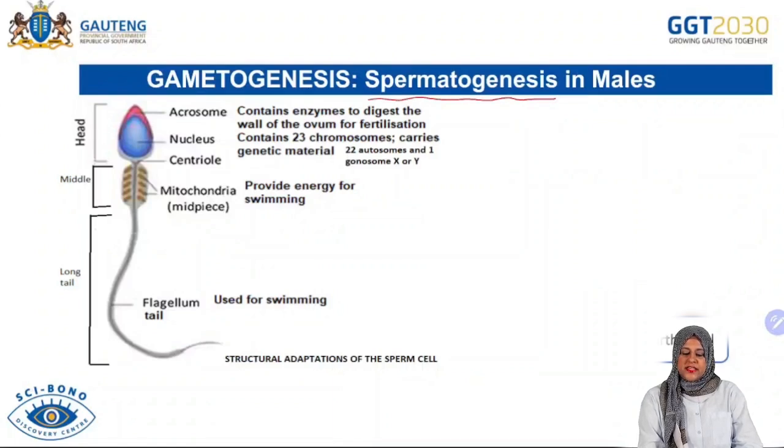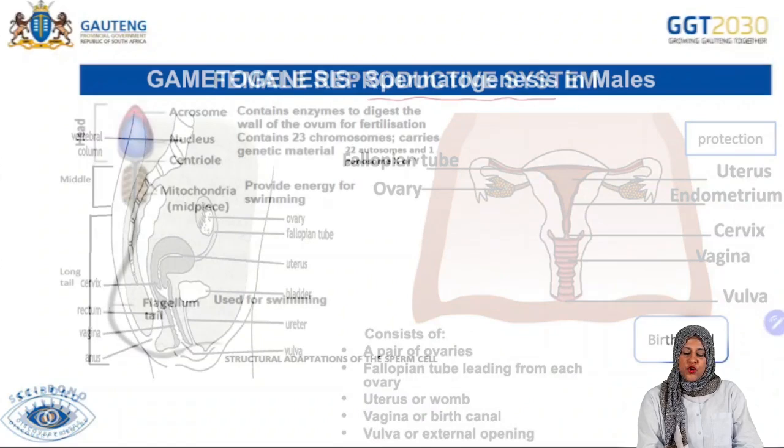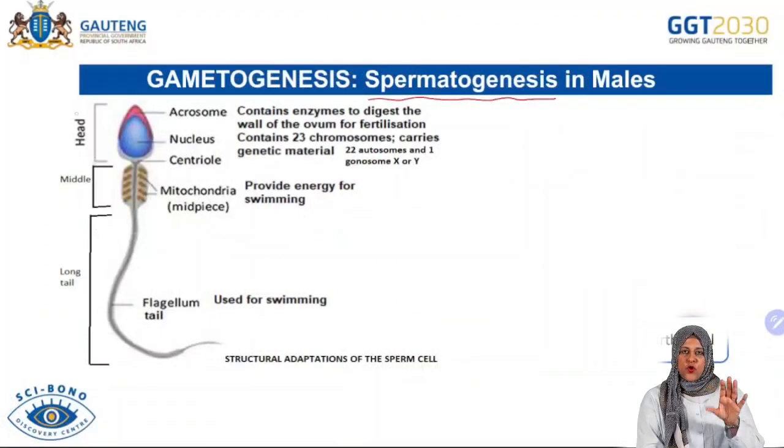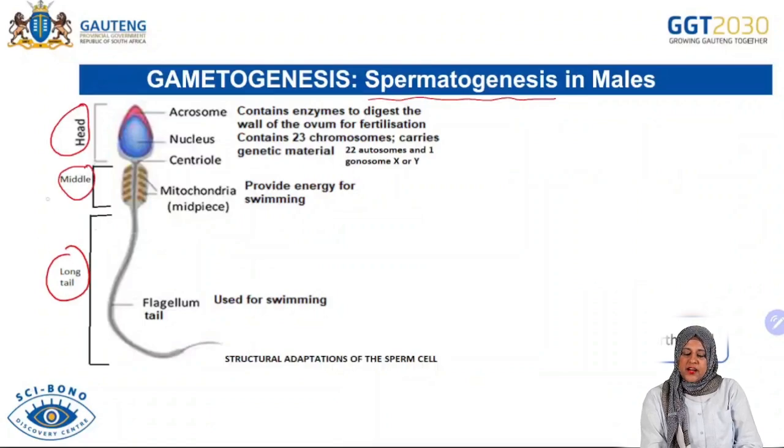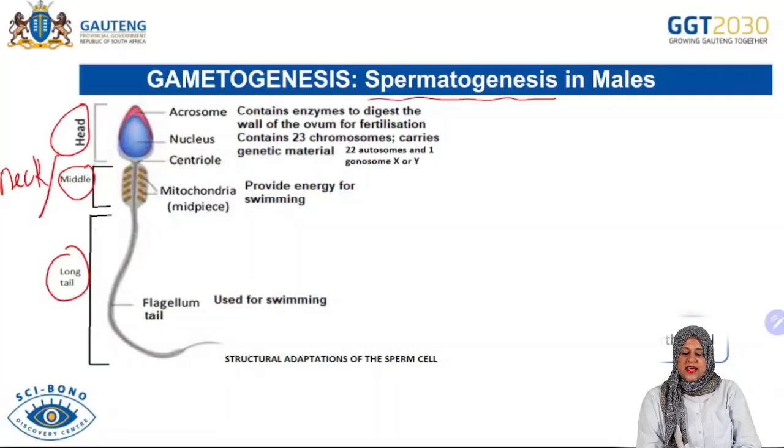So make sure the head is in proportion to the tail, and you have a distinguished head, neck, and a tail region. The shape of the head is important, and it must be torpedo shaped. We don't want circular heads or very triangular. Right at the tip is the acrosome that has enzymes to digest the wall for fertilization, and then we have